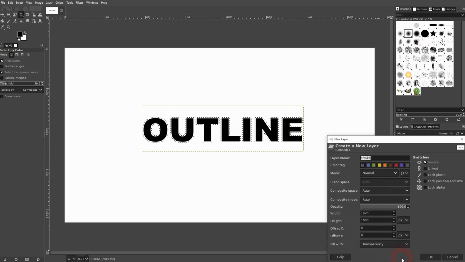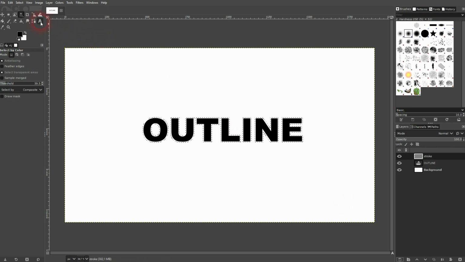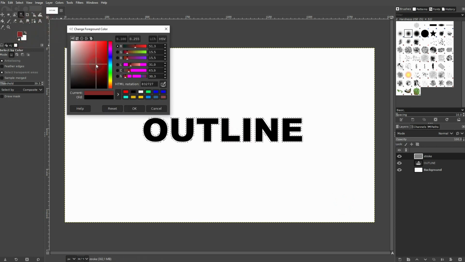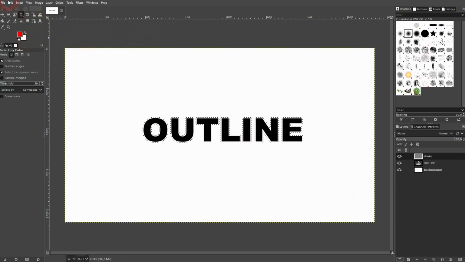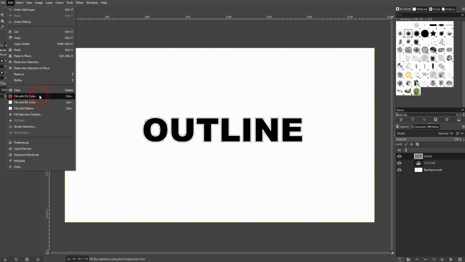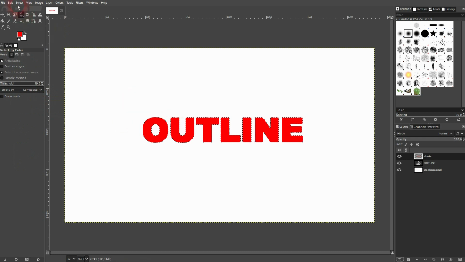Then create a new layer. Make sure that it's transparent. I call this stroke. Let me pick maybe red as a foreground color. And then, as you can see, the selection is still active. I go to edit and then fill with foreground color, in our case, the red color. Select none. And now I have this stroke, which is a little bit thicker than my font or the text